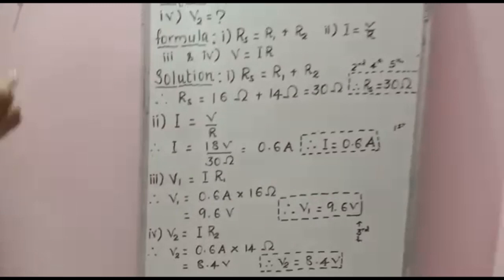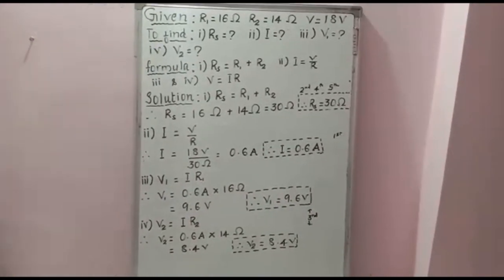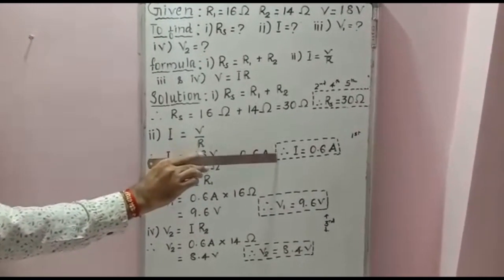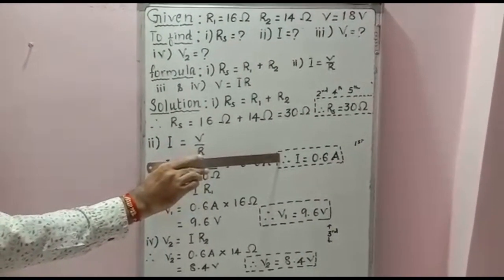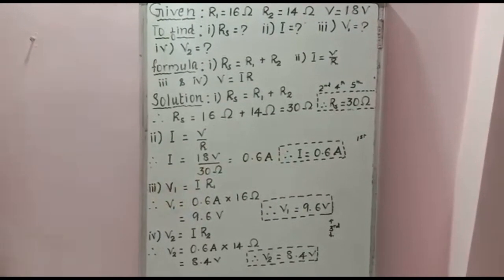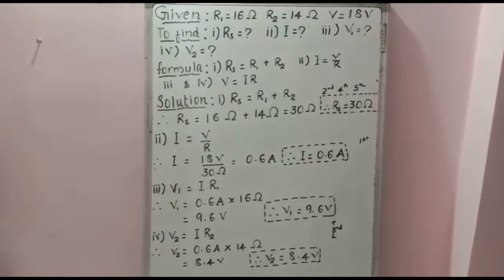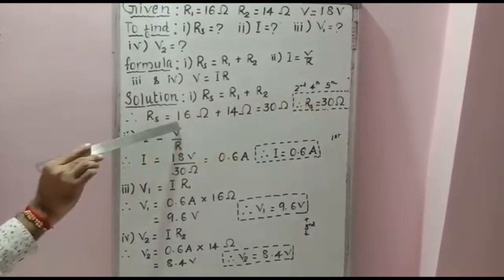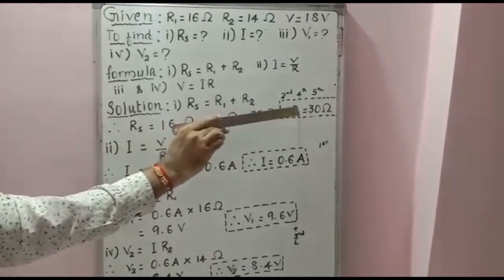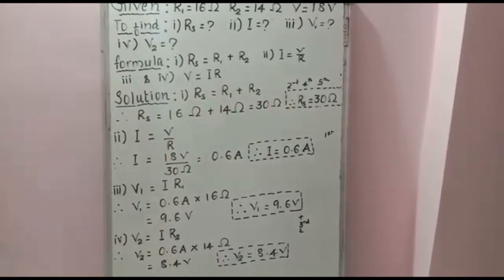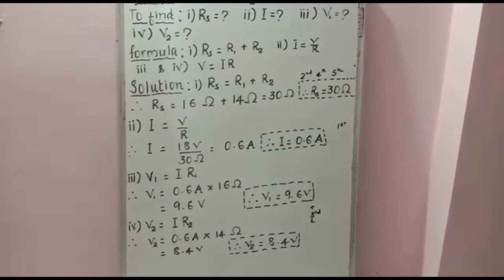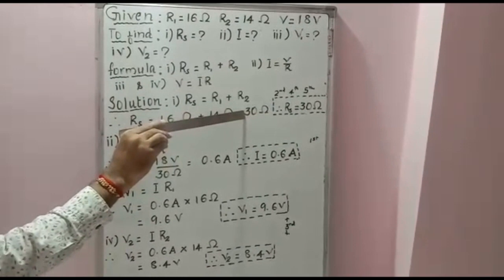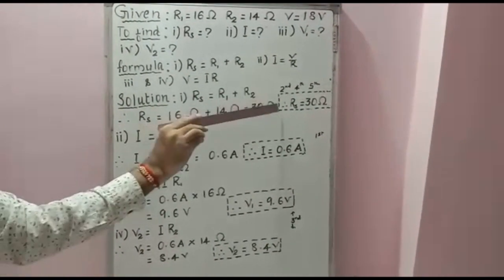Now here we can verify all the 5 characters in this numerical. The first character says that the same current flows through each resistor. So the same current is flowing through R1 and R2. By this we can understand the first character. Now second, the effective resistance of the resistors is equal to the sum of the individual resistances. So effective resistance is 30 ohms. It is equal to the sum of the individual, means when we add R1 plus R2, that is effective resistance. So the second character is clarified. Now what does the fourth character say? The effective resistance is larger than each of the individual resistances. So effective resistance is 30 ohms. It is larger than R1 and R2. So the fourth character is also clarified.